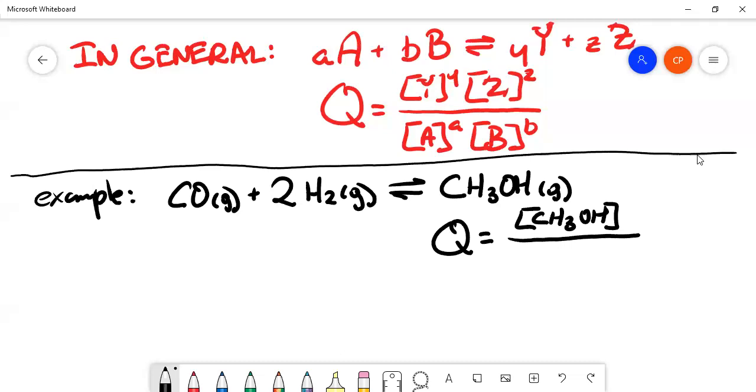Because they're going in the denominator. What's the coefficient of CO? It's the implied 1 again. And I write down my H2. What's the coefficient on H2? 2. That guy's getting squared. And that starts to set the pattern for how we're going to write these